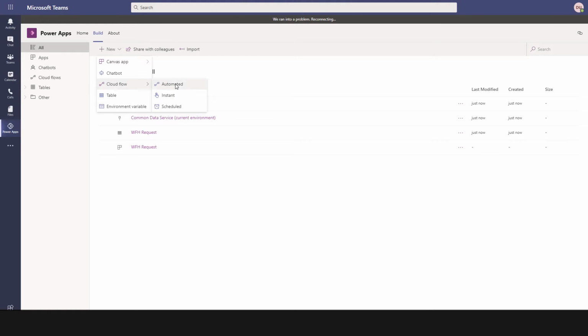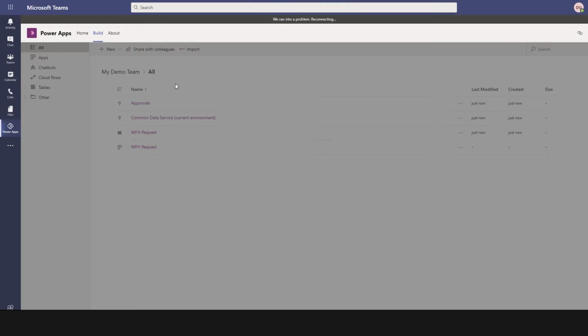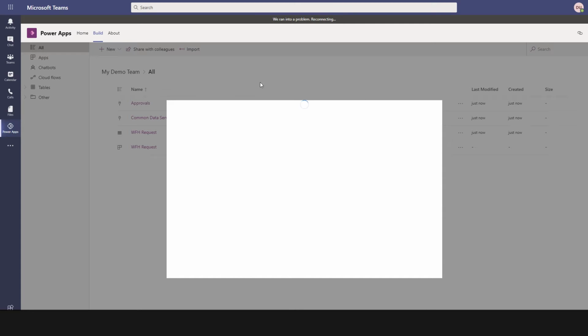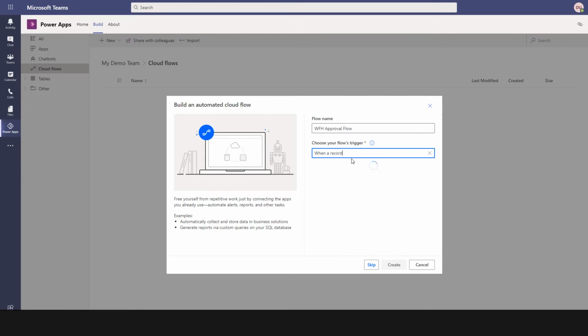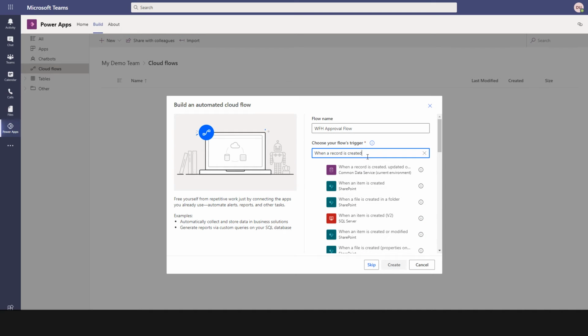So let's click here. Now let's name this flow. I will call it WFH approval flow, and then I search for a trigger, and the trigger would be when a record is created. So when a record is created is my trigger, and you can see that there are multiple options arriving,